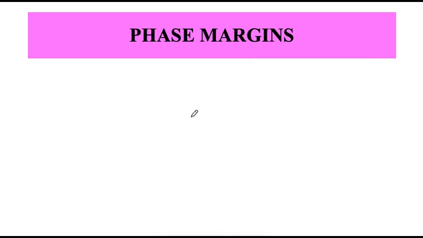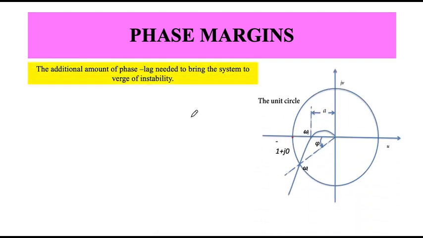So we would say, now I understand gain margin. Phase margin should still be the same, right? A similar definition: you may say an additional amount of phase lag brings the system to the verge of instability. Well, this is vaguely true, but we need to be a little more careful in formulating the statement or getting the exact value.